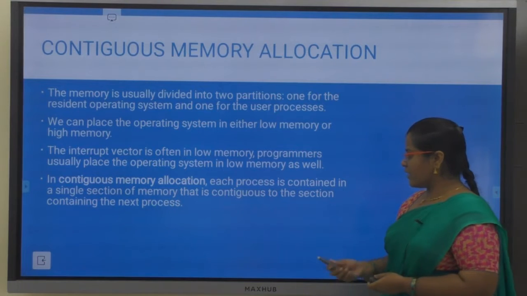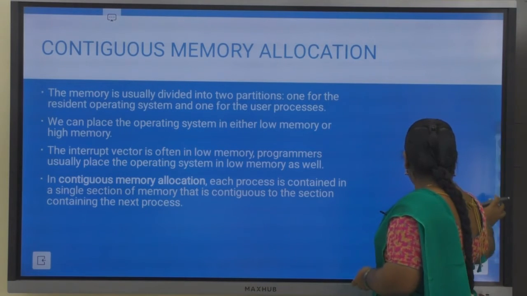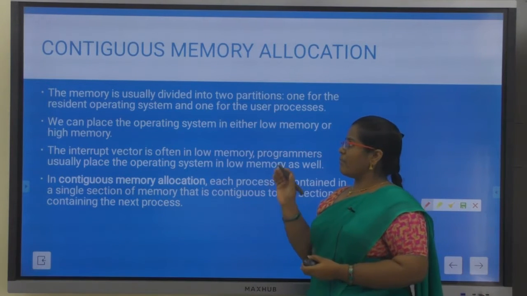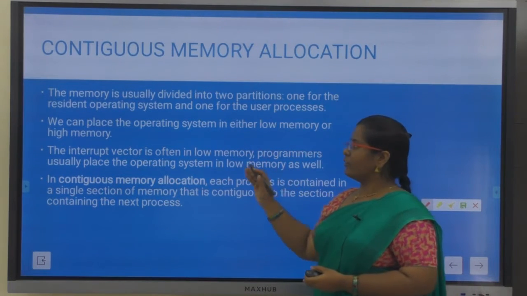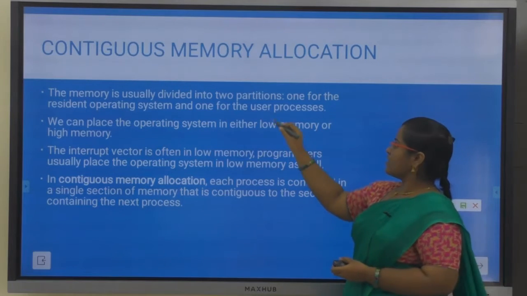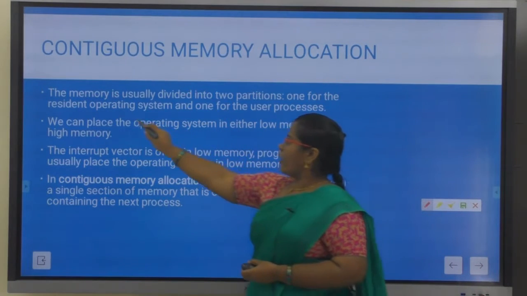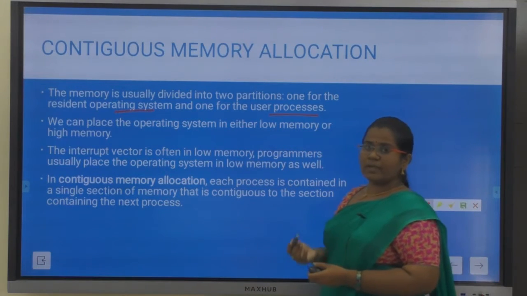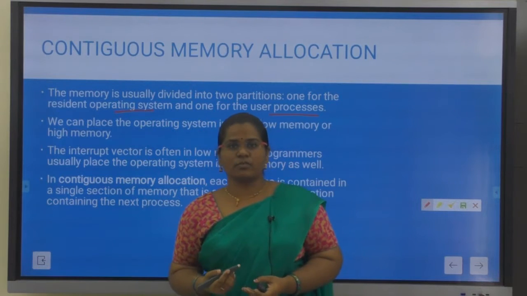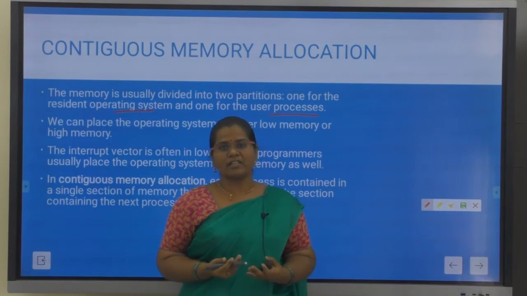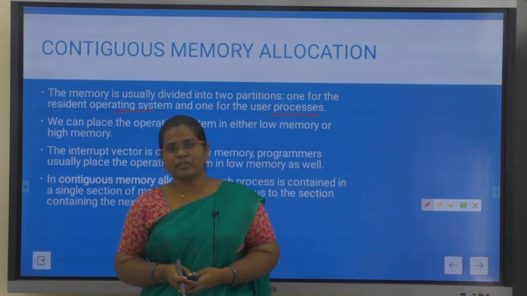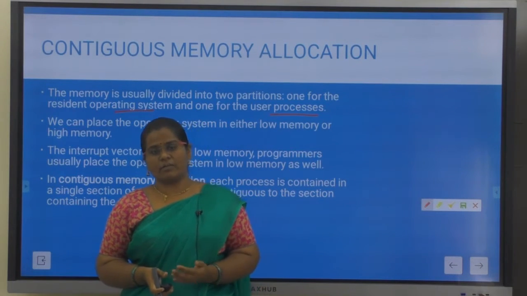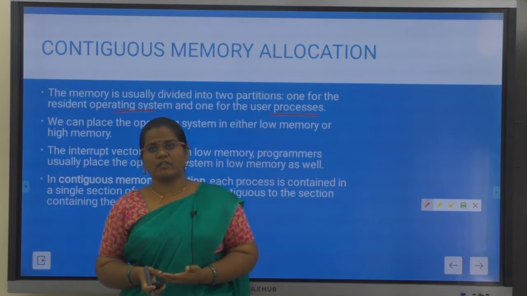So whenever you consider executing a process, the first thing we need to remember is that your memory will be divided into two parts. The first will be for your operating system and the second part will be for your user process. User process in the sense those processes which you say, for example, if you write a C program, you can consider it as a user process, or if you try to open a Word document, you can consider that Word document as a user process.